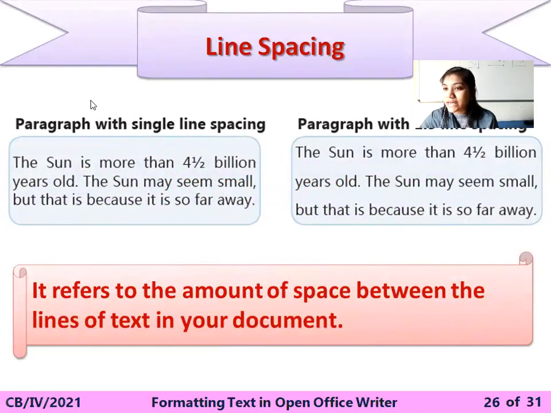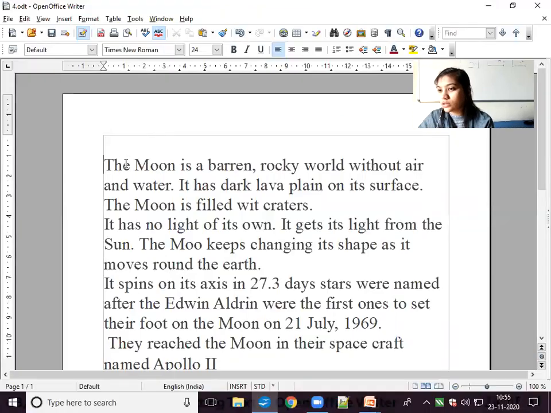First is the line spacing. Line spacing means the space between two lines. For example, here you can see that I am writing the first line, this is the second line, third line, fourth line. Spacing means space between two lines. यहाँ पे आपको first line दिख रही है, second line दिख रही है और उन दोनों के बीच में थोड़ी सी gap भी दिख रही है. That gap is called the line spacing.